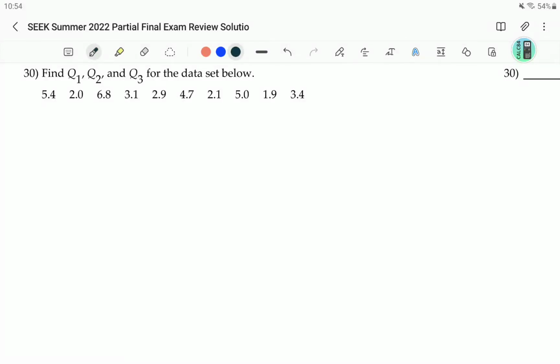Question number 30. Find quartile 1, quartile 2, and quartile 3 for the data set below. What I'm going to do for this one is find quartile 1, quartile 2, and quartile 3, and that will be the answer. But I'm also going to put here that we want to find the 5-number summary